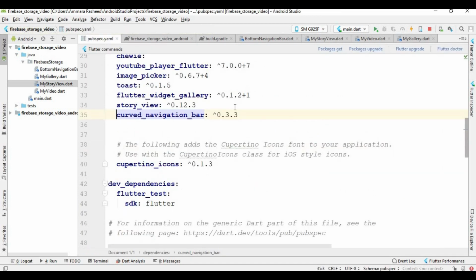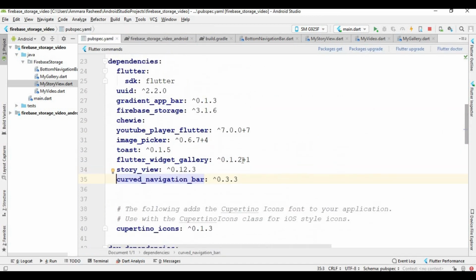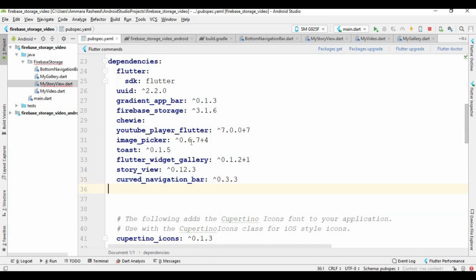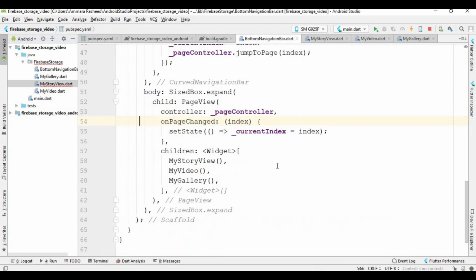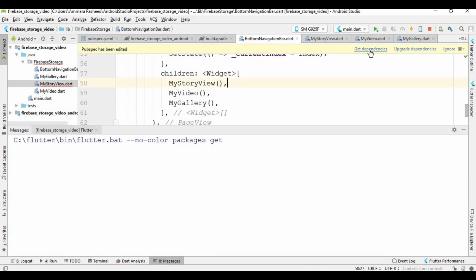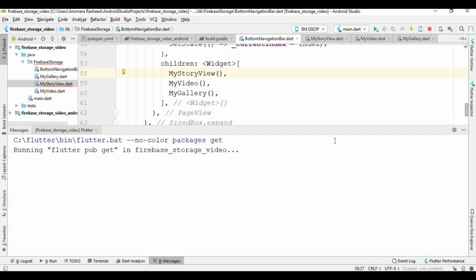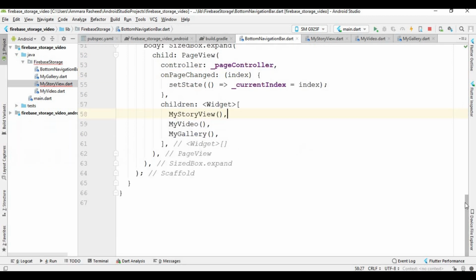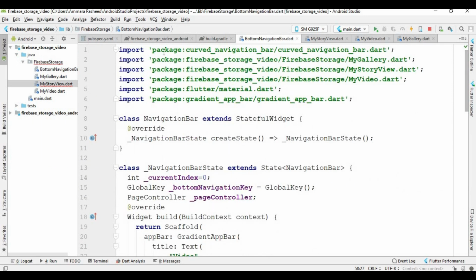So open this file and write here Firebase database and go to any file and then press get dependencies. Okay, this is executed, and now